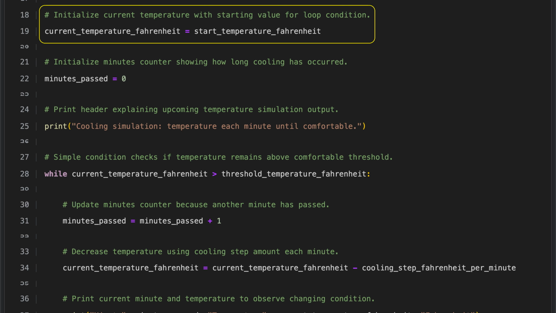We begin by setting the current temperature to the initial value defined earlier, so the program has a clear starting point. This initial value is essential for the loop that follows, because it lets us track how the temperature changes over time. By initializing the temperature in this way, the loop can compare it to the threshold and properly simulate the cooling